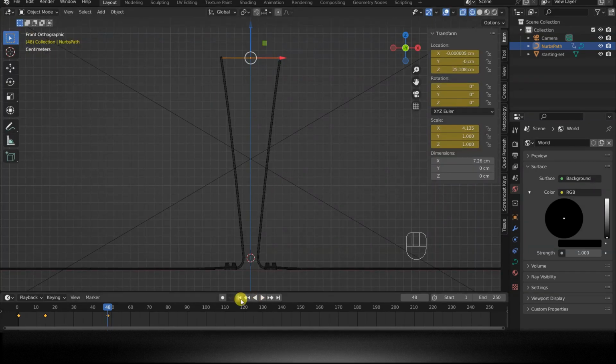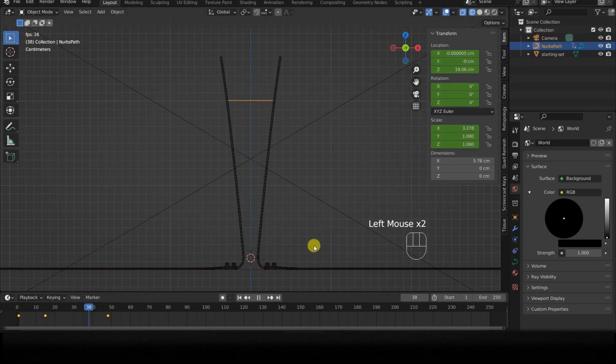Now the animation will repeat cyclically for the entire duration of the movie.